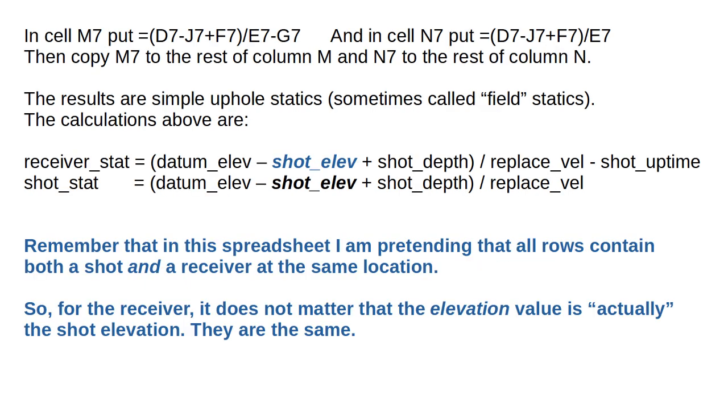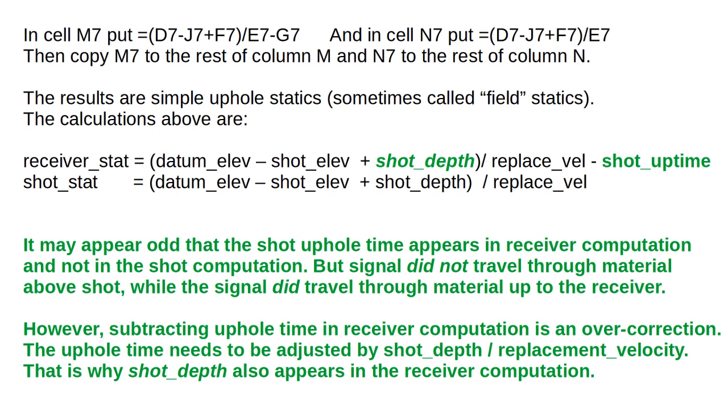Remember that in this spreadsheet, I am pretending that all rows contain both a shot and a receiver at the same location. So, for the receiver, it does not matter that the elevation value is actually the shot elevations. They are the same. It may appear odd that the shot uphole time appears in receiver computations and not in the shot computation. But signal did not travel through material above the shot, while the signal did travel through material